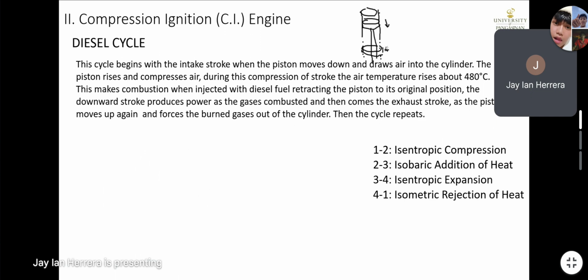Gaya na yung 1 to 2. So pag bumaba yan, nagdodraw yan or kumukuha yan ng hangin outside into the cylinder. Then the piston rises and compresses air. So process 2 to 3, compression, or 1 to 2 pa rin compression. So pag taas niyang piston ulit, kukompress niya yung air doon sa cylinder. During this compression stroke, the air temperature rises to about 480 degrees Celsius. So mabilis kasi yung compression, and